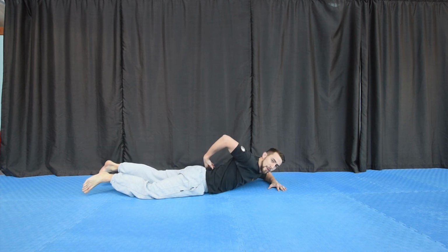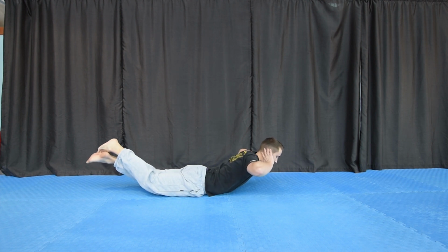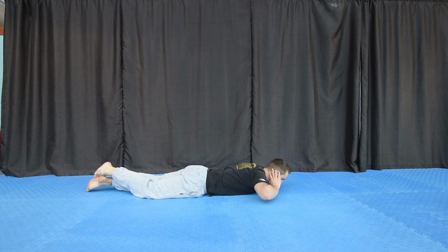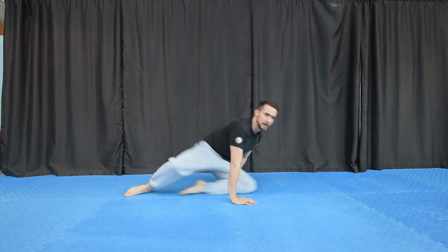Again, working these lower back muscles here, you will feel it, nice and tight. Contraction, and relax. Like so. And the last exercise that we've got is very simple and similar to the push-up ones that we've